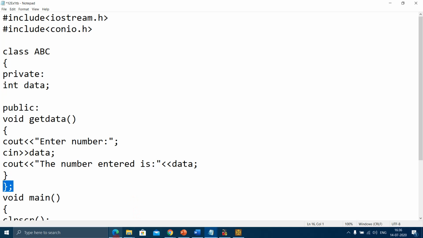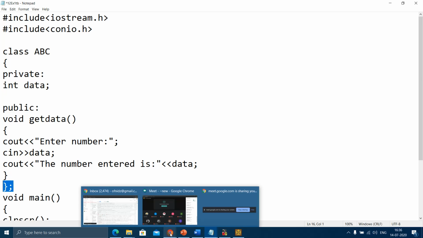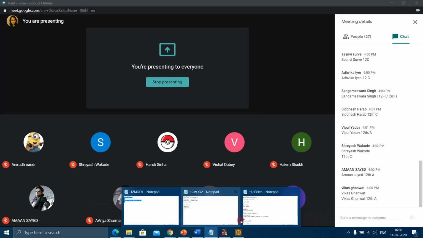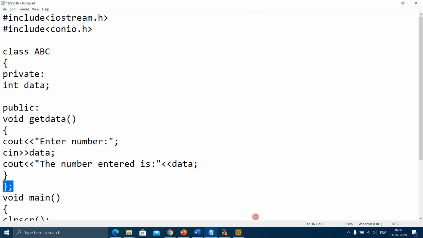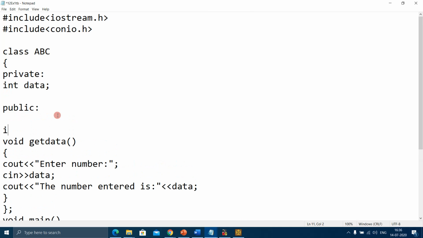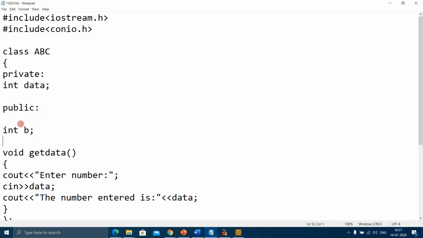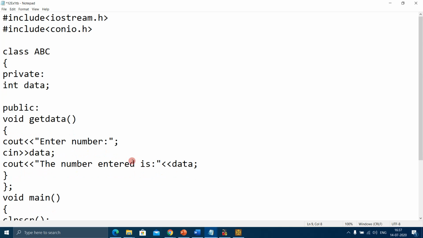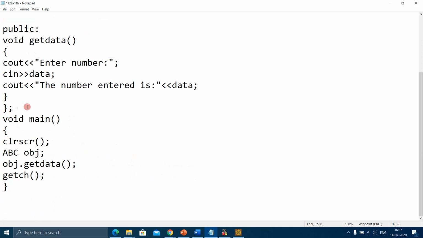This much clear to you? Any doubt related to this? If you had given int b here also, that would have been fine because this variable is also public and this is also public. Fine. Then here the class ABC is closed.